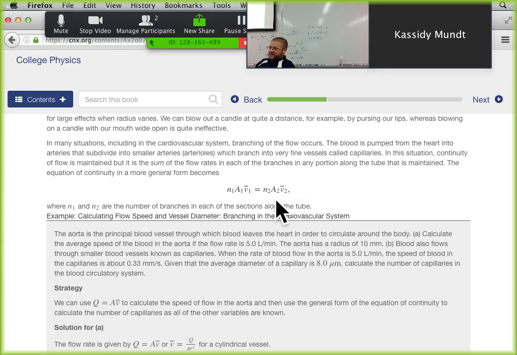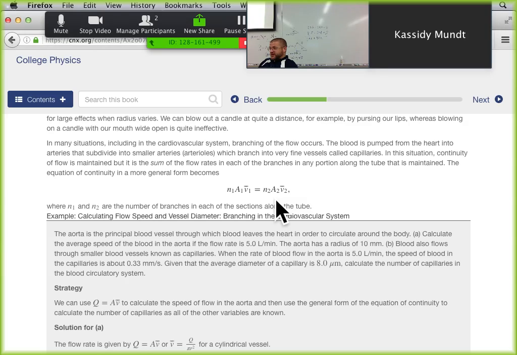Yeah, it increases the velocity. But that's if you have 1 to 1. So what if you have 1 to 500? Well, it depends on the size of the capillaries, and it depends on the number of the capillaries. So it could go faster or slower either way. It could actually stay the same. So that's kind of interesting.